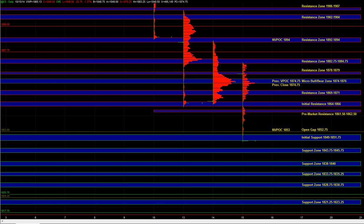The 38 to 40, and those areas can still attract buyers on first test, because typically when we're testing a big support such as this 49 to 51, even if we break below it, usually we don't just leave it untested after that. Usually even when we break through such a decent support zone, we'll attract buyers at the support zones below and then come back up for a retest. So even in the event that 49 doesn't hold and we head lower, we can still find buyers at like 38 to 40, 33.75, 35 quarter. Those are some important support zones below, and then return back up for a retest of the 49 to 51